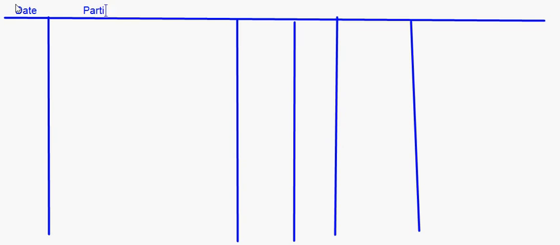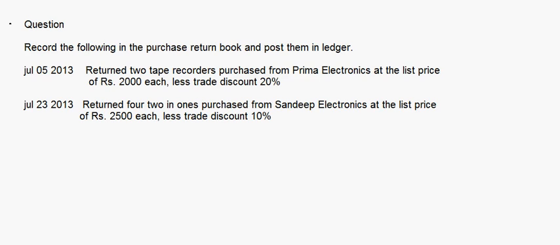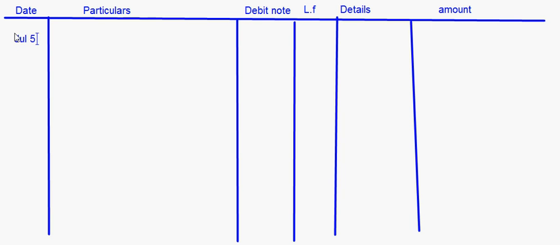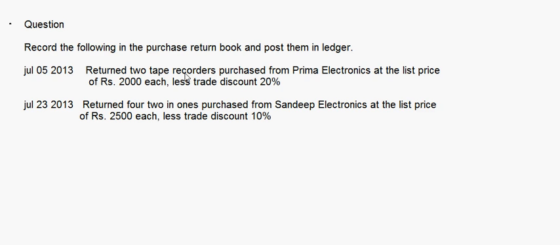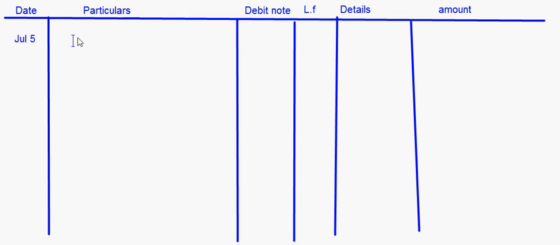Okay, so the columns will be like this: date, particulars, this is debit note number, right, then you have the LF and details and amount, right? Okay, now the first transaction, the date is given as July 5th, so we'll write the date here, July 5th, and the name of the company, return two tape recorders purchased from Prima Electronics, so here you will write Prima Electronics,